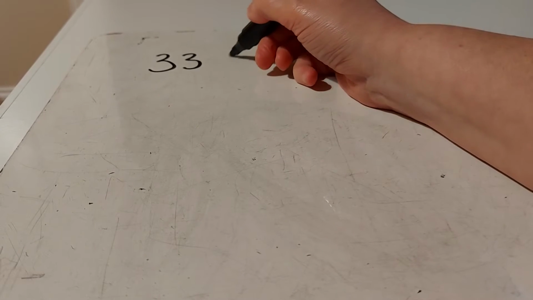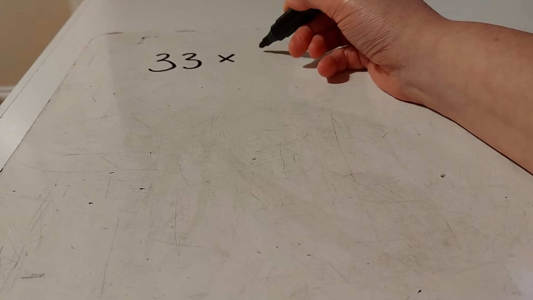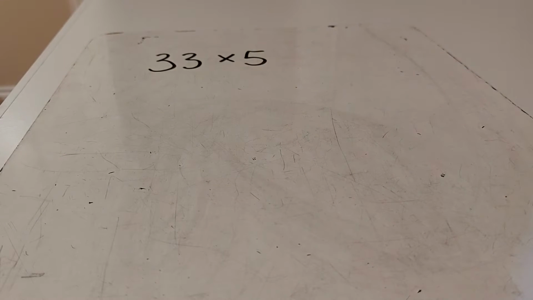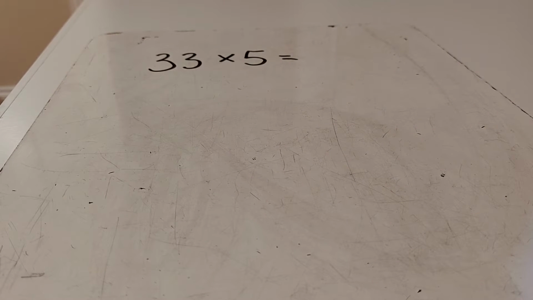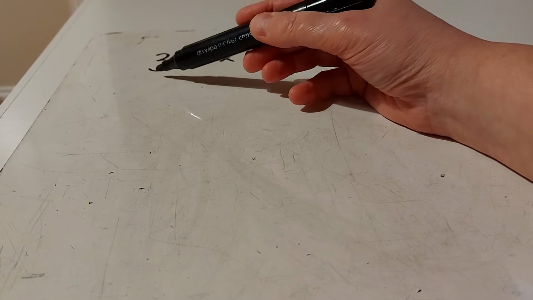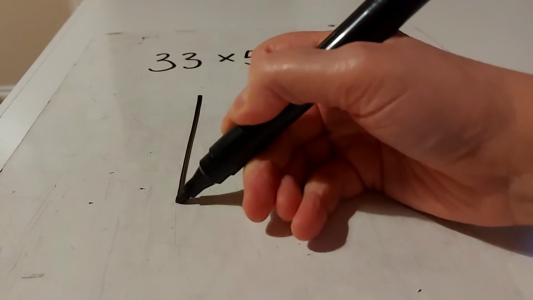So let's imagine there were 33 sweets in a bag. So that's 33 sweets in one bag, and we wanted to know how many sweets there were in 5 bags. Most of you might have worked out the calculation would be 5 lots of 33 or 33 lots of 5. Now this is the grid method I'm about to show you here. You still use your partitioning skills and you separate this number into tens and ones, okay? So you draw a square,